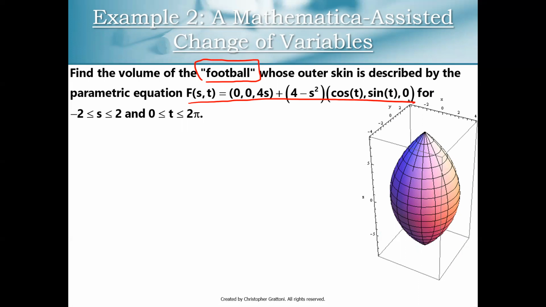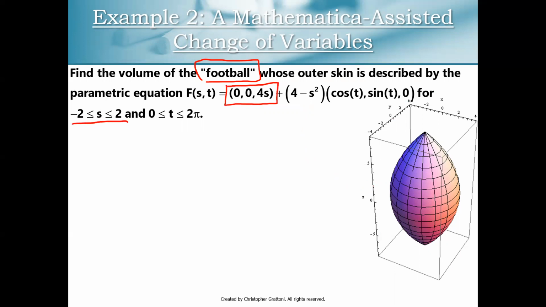Best way to start this is to understand our parameterization. So what we're going to do is break down this f of st into its various parts and try to understand how this parameterization leads to this football shape. Because if we understand the geometry of the region, we can probably set up a triple integral that works over that region. All right, so the first part that stands out to me is this 0, 0, 4s, where s